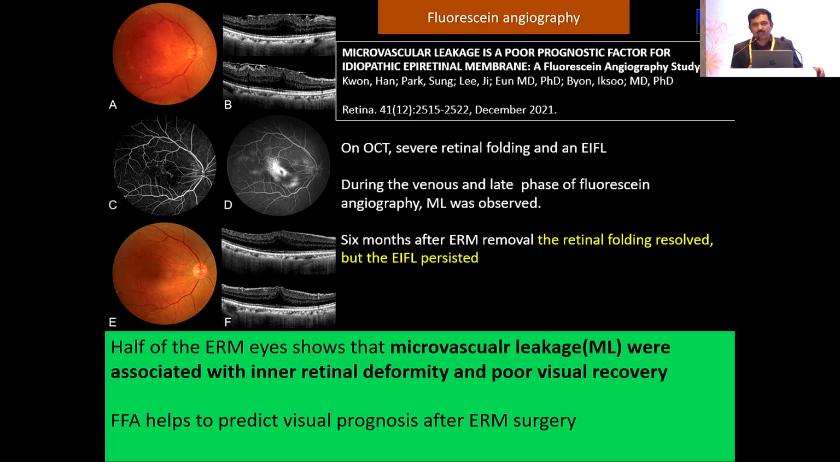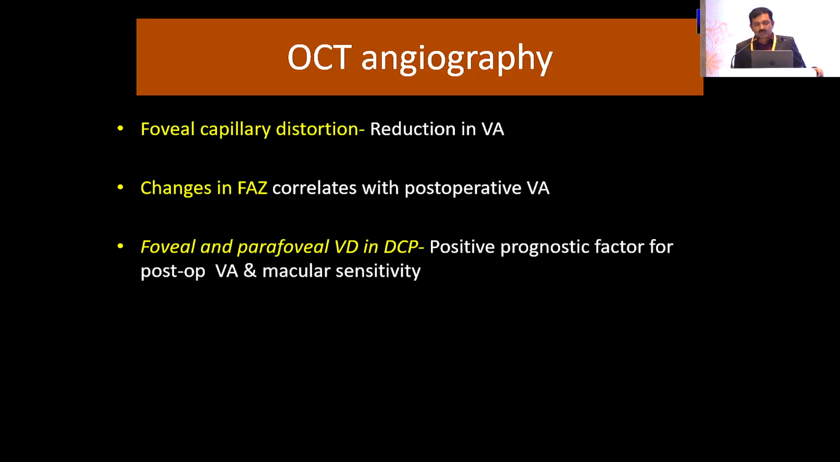If you see a FFA in these ERM patients, if you tend to see a microvascular leak in the macular area associated with epiretinal membrane, these patients tend to do poorly when compared to the other patients. So in OCT angiography with ERM patients, you tend to see a foveal capillary distortion, changes in the FAZ, and the vessel density changes are also a positive prognostic factor for postoperative visual acuity and macular